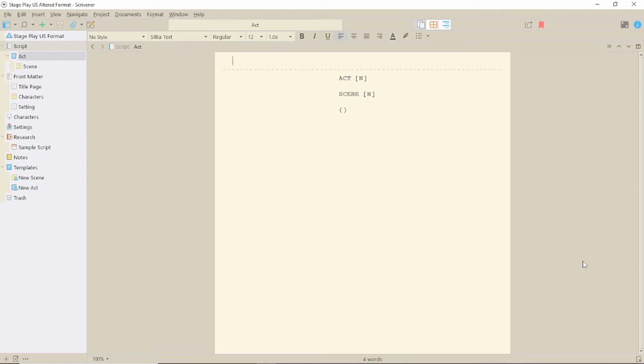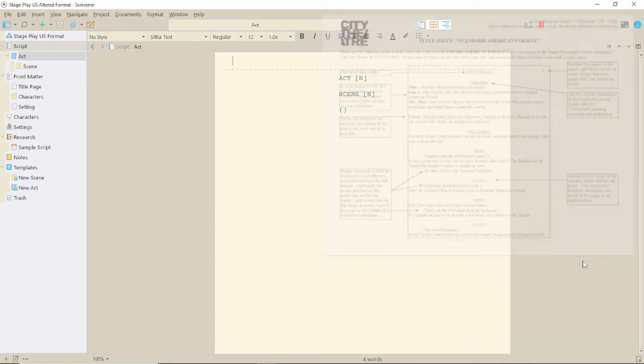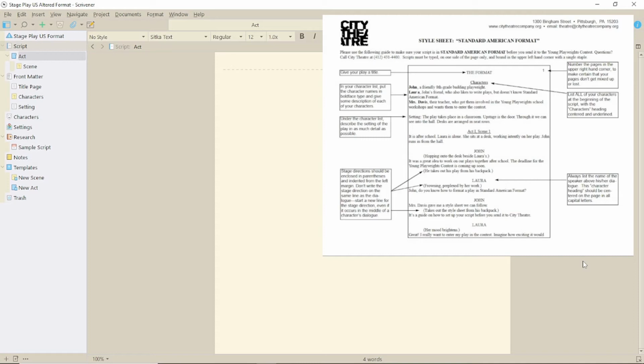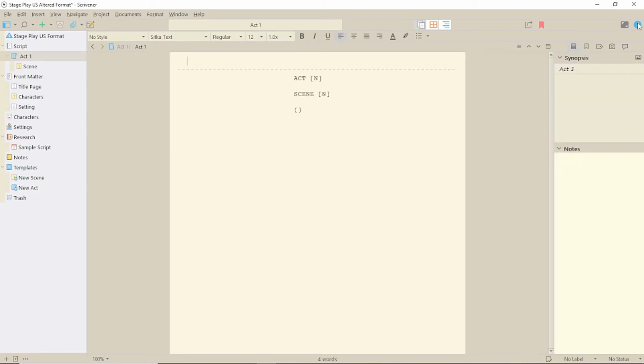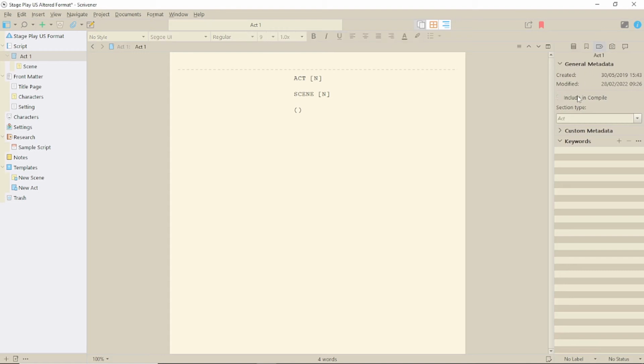We'll begin with the relatively simple things first. The format we're converting to doesn't have any page breaks, but I'm not going to remove the ACT folder, which defines a page break, because the scene format template and numbering also rely on that folder. So I'm going to name it as what it is, Act 1, and remove the include in compile in the inspector. You could wait to do this in compile if you wish. I tried removing it from the template document, but it always came up as include in compile afterwards.